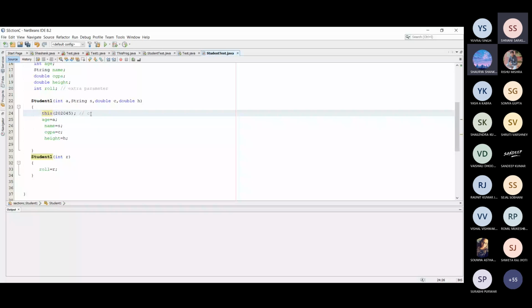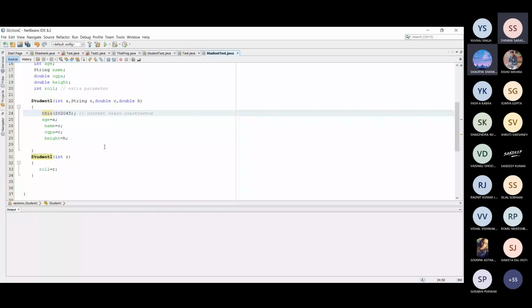It is a reference variable, used to refer to the current object or current class.